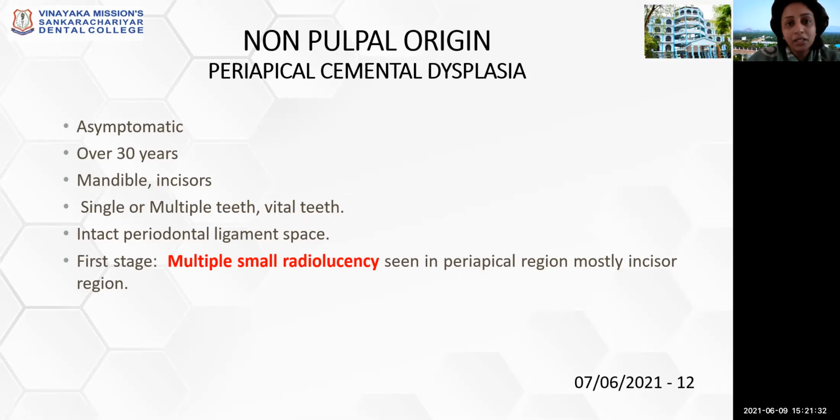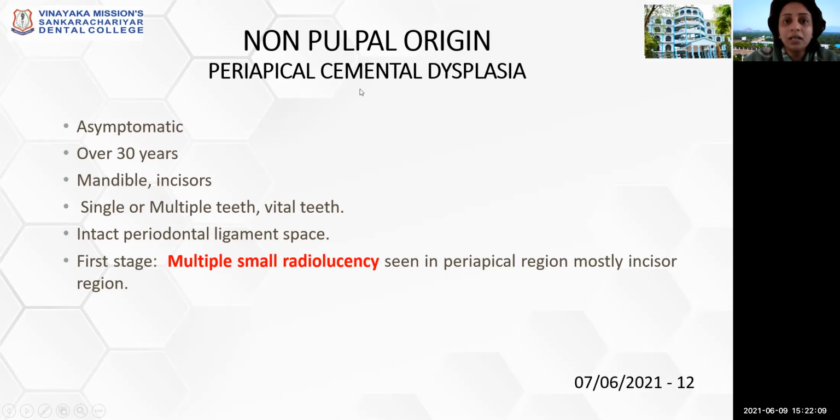Now, there are other lesions other than pulpal involvement or pulpoperiapical lesions, where the etiology might be from a non-pulpal origin. That is, the pulp is not directly involved, but a radiolucency will be seen in the periapical region when we take a radiograph. So such lesions are classified under non-pulpal origin. Under this, the first and foremost lesion which we have to think of is